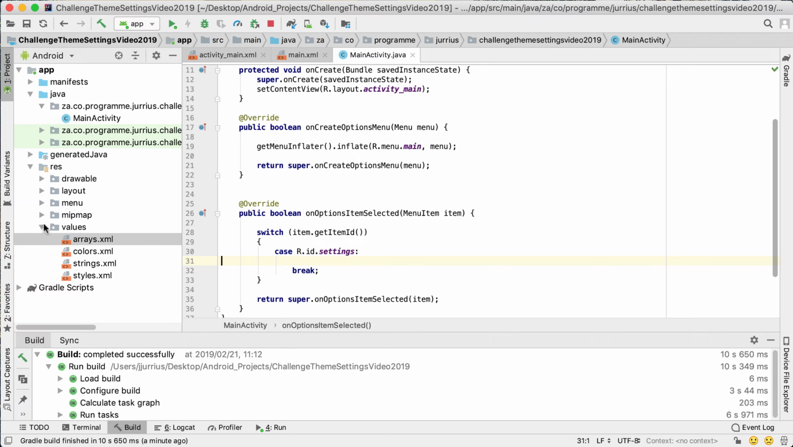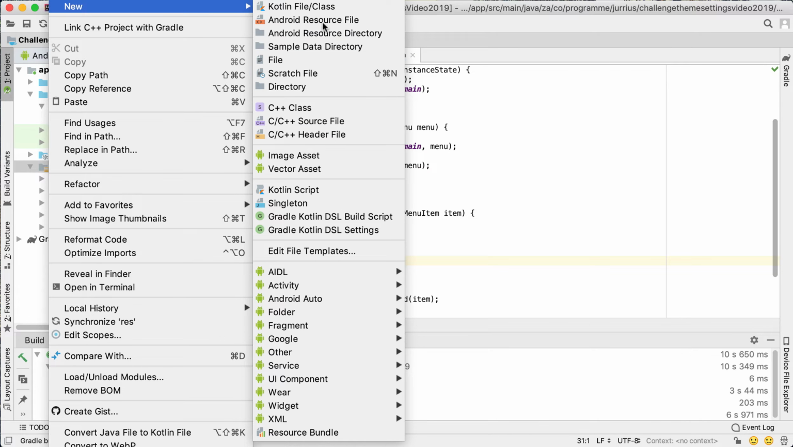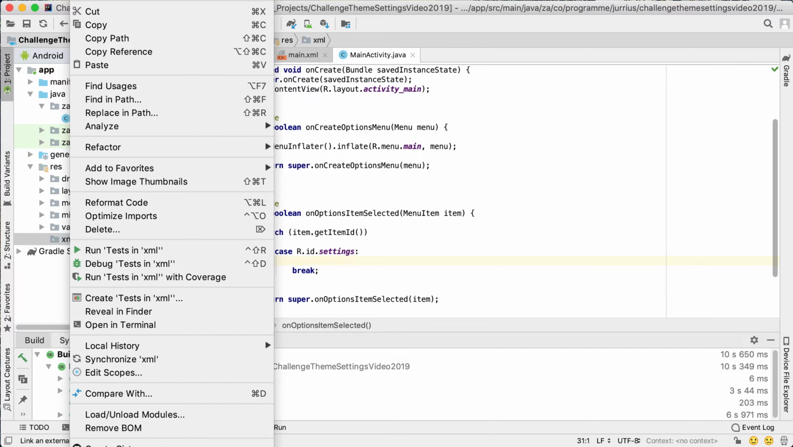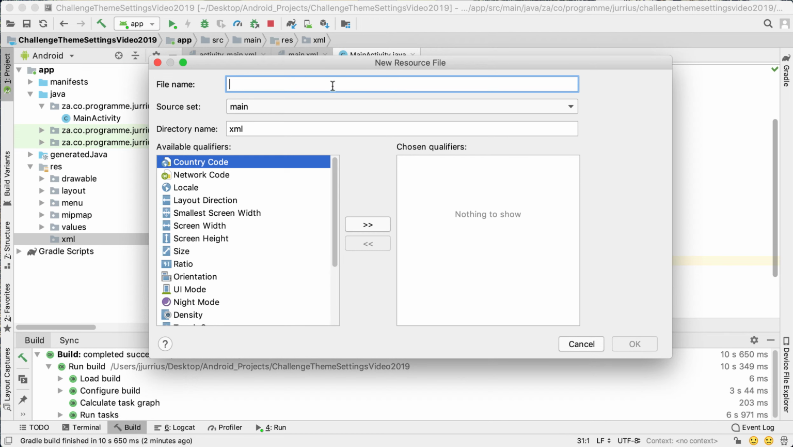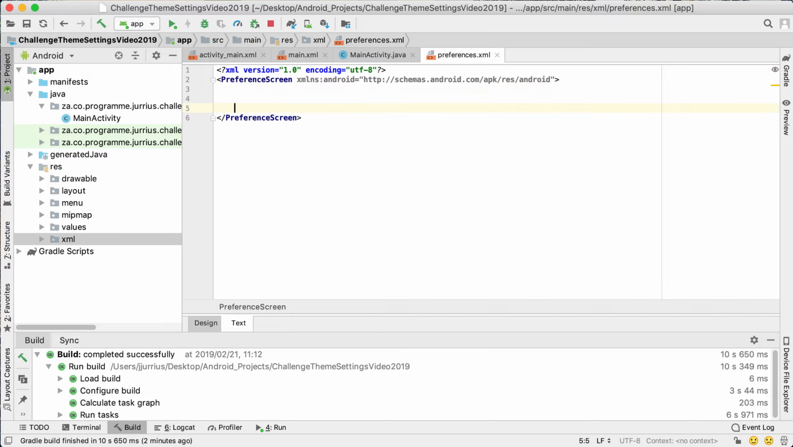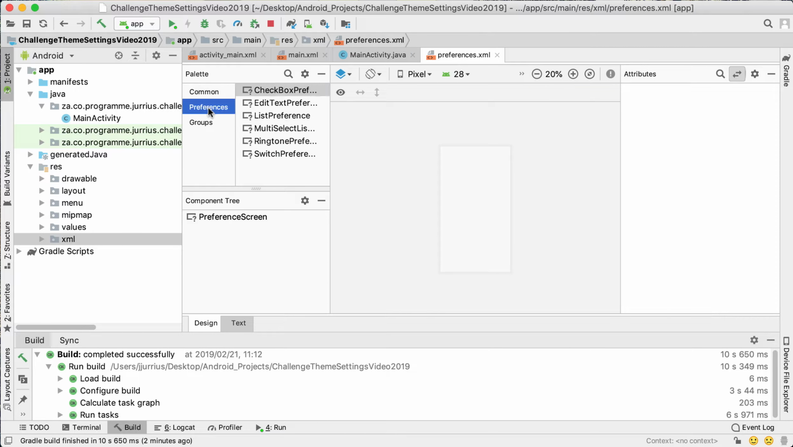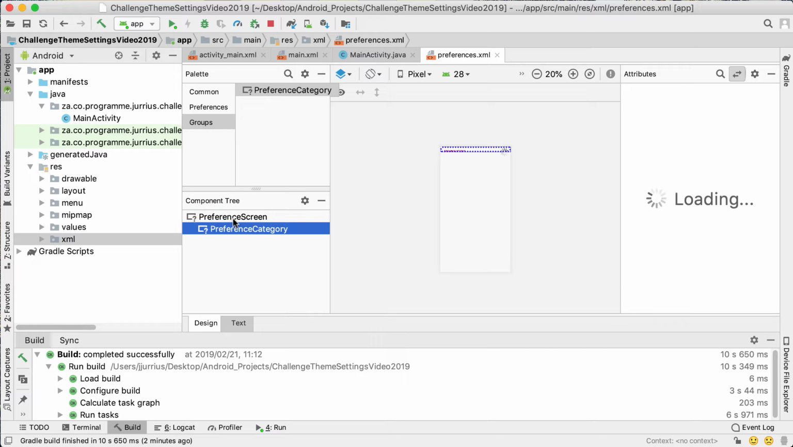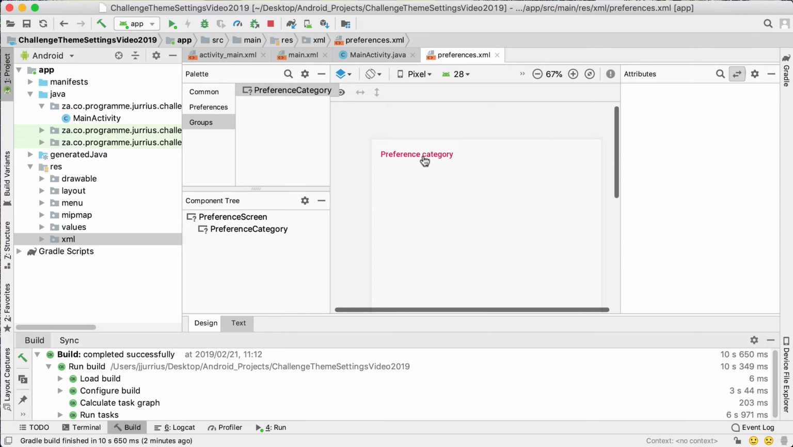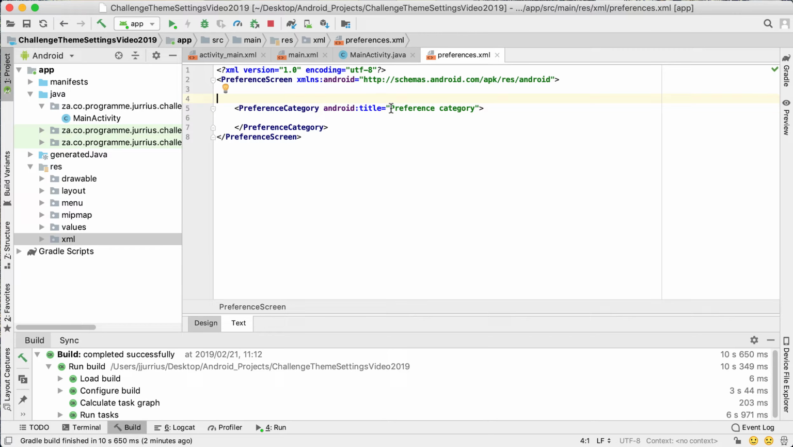Right, so let's go back and we add the XML file then, or the folder directory, call it XML, must be inside of your resources. Right click on it, say new XML resource file, and let's call this one settings or preferences. Right, say okay. Let's go into that one. It starts off with a preference screen, and let's add one category there. So we'll drag in a preference category, and for that preference category, I'm going to add a title there, change the theme,